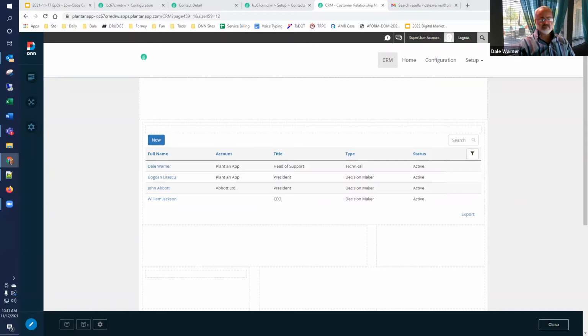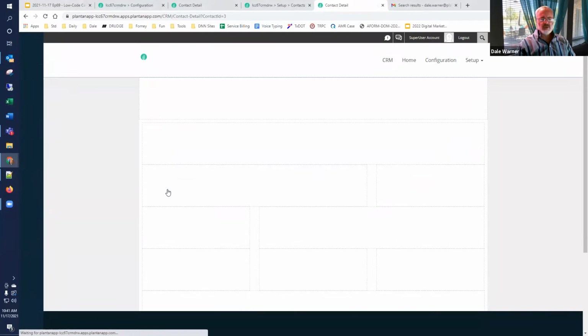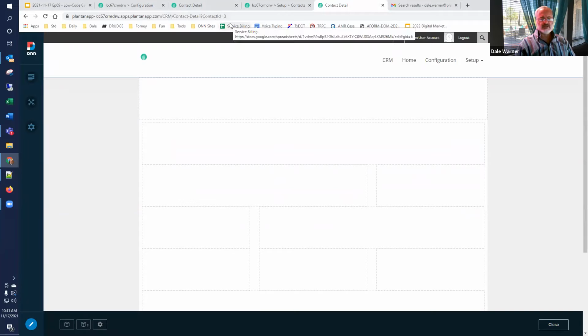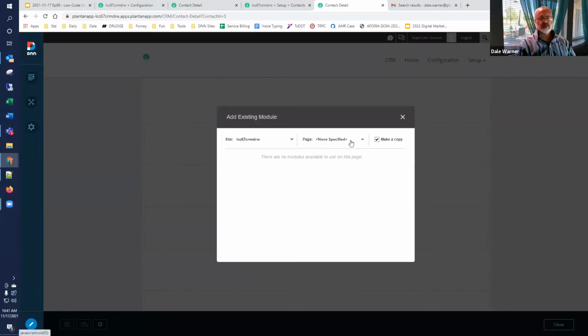So now we're fast forwarding through all this. We can now go on to how we display this information on a new page. So if we go to the detail page, and again, we haven't done the work yet, but we can see that it's linking the contact ID. We can grab, again, I like this suggestion, add existing module, and we'll go with setup and use the one as was provided by Plantain app. So on contacts, we just know that